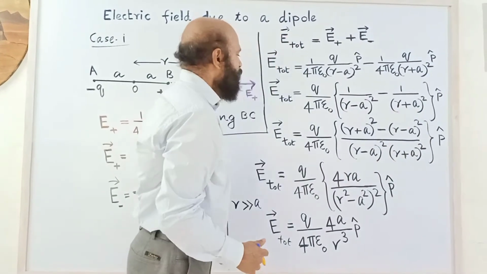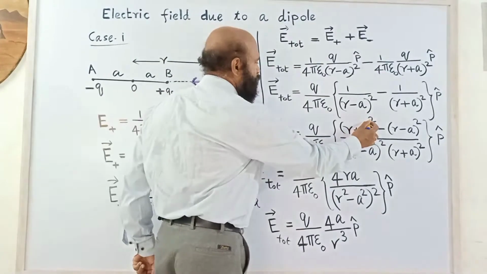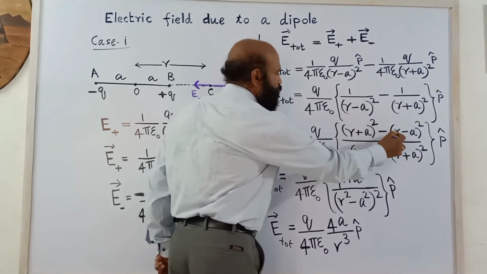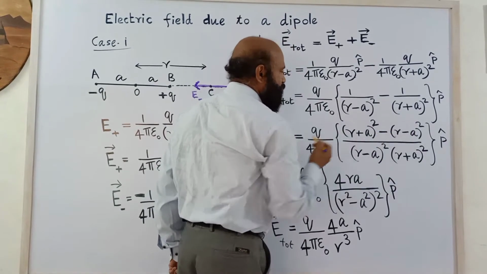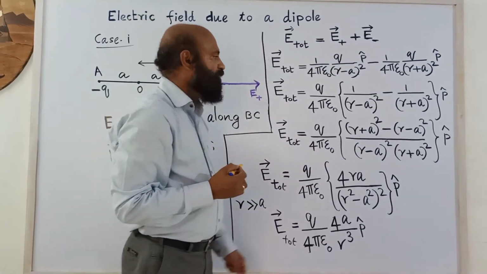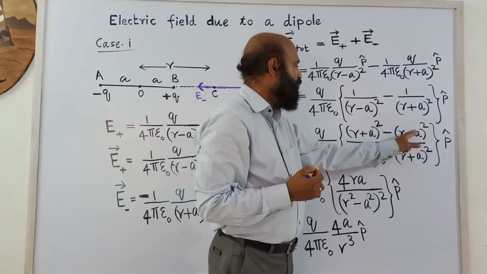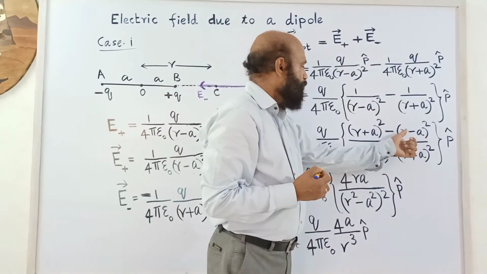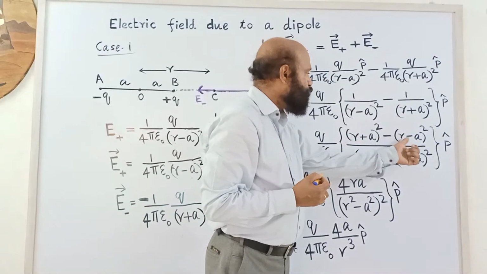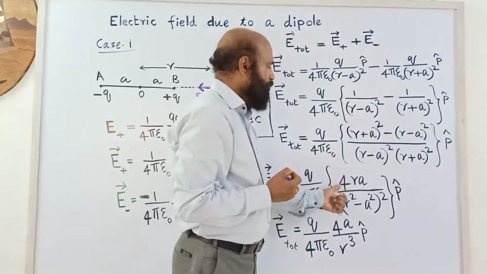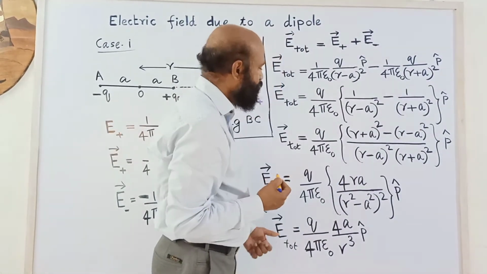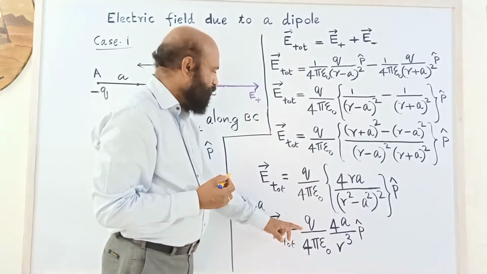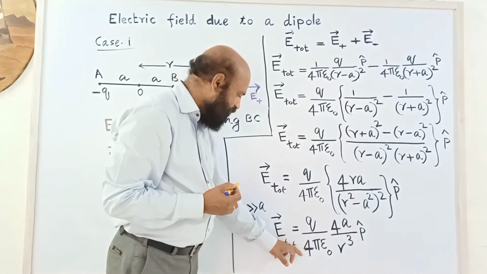Then removing this bracket, first term here r square, here first term r square, center minus is there, so it will get cancelled. Similarly a square also will get cancelled. Then middle term here 2ra, here also 2ra, totally the sum is 4ra. Then from this step you can get it like this.